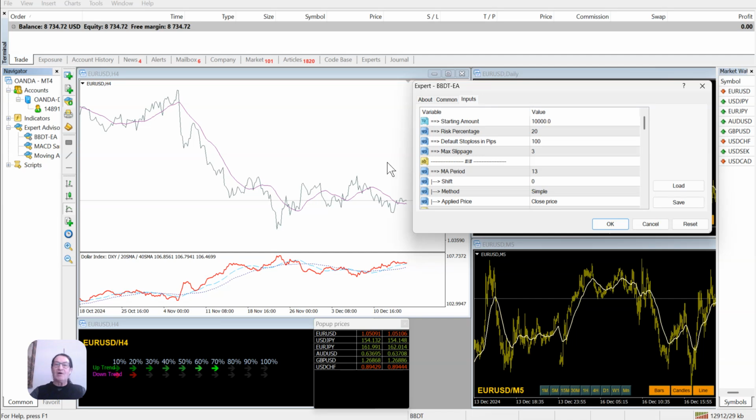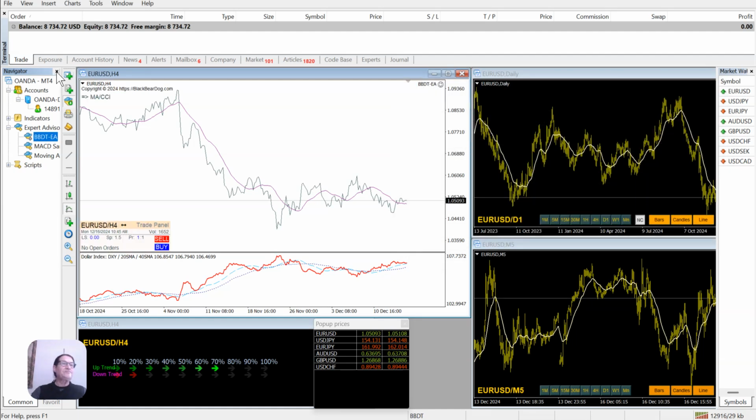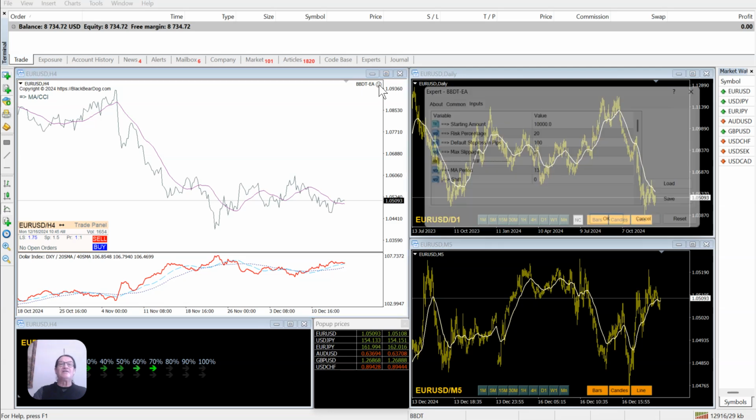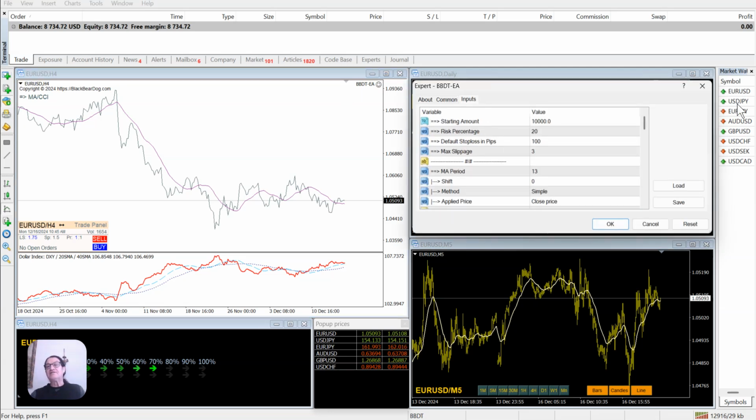For right now, I'm going to leave it open. Oh, we need to close this first. Okay, click on OK. Click on the X here to close the navigator window so your layout goes back to where it was. And now let's again click on the smiley face right here. And here is our setup configuration for the